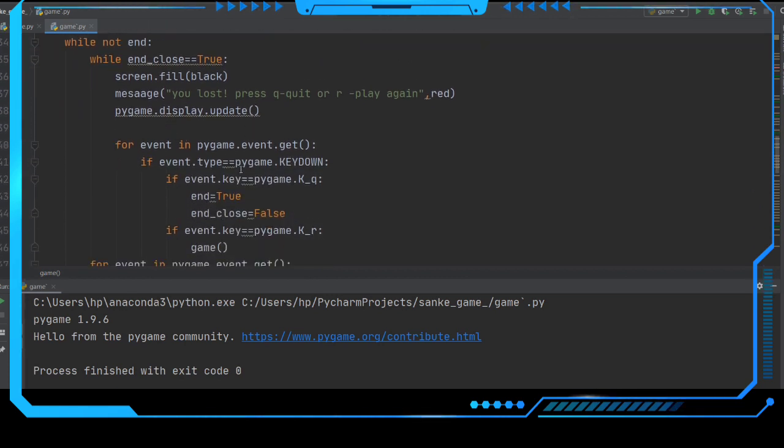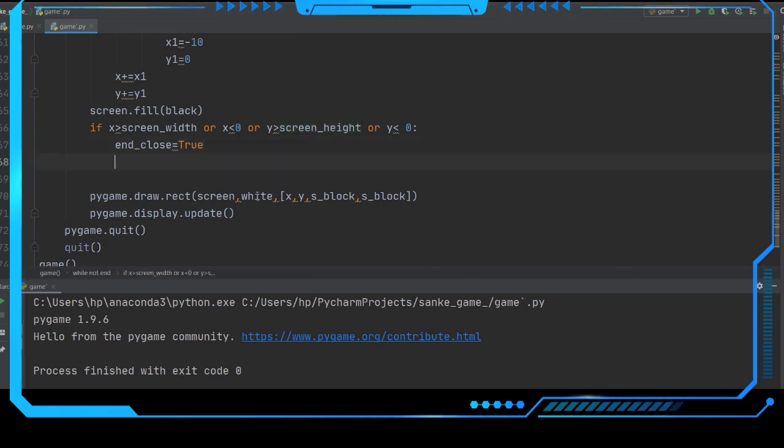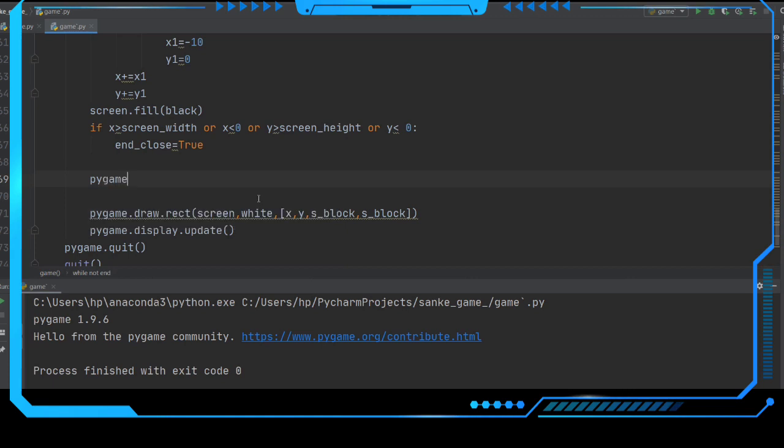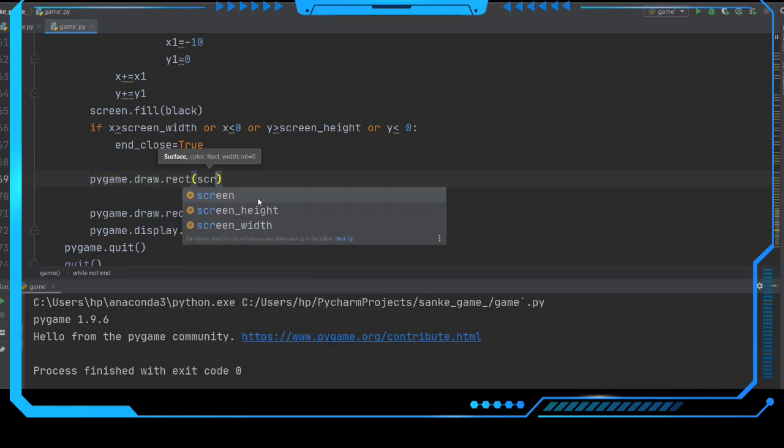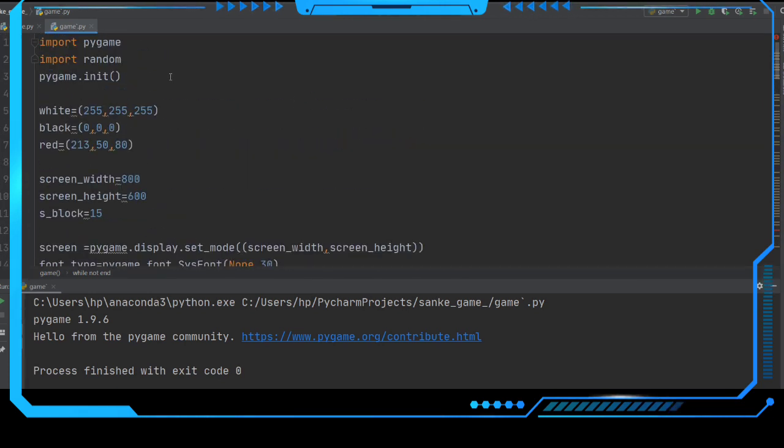So under this while function, we have to draw the x here, x over the screen dot rect screen, not screen height, just screen, comma, the x should be in the color like blue color. So when we are going to define this blue color, we are going to define this blue color in this color section, like let's